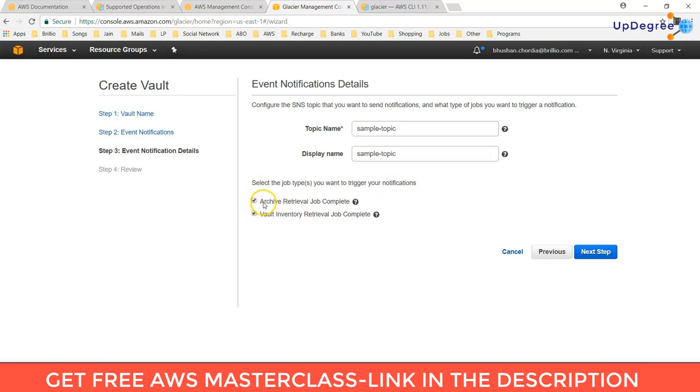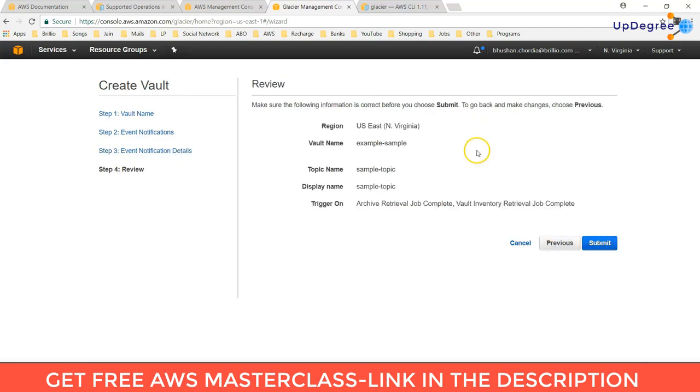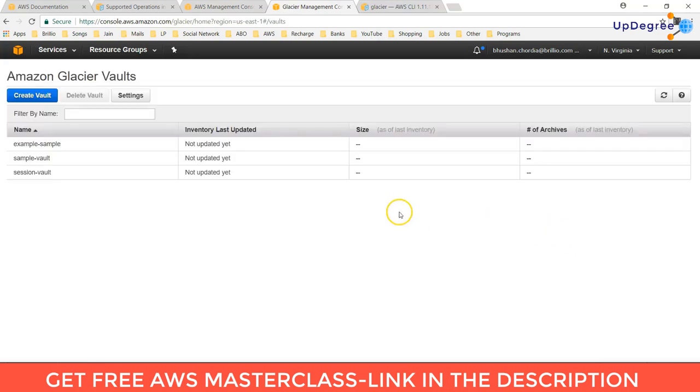So here I am selecting both the options: archive retrieval job complete, vault inventory retrieval job complete. Next step, here you can see the region which you selected, vault name, topic name, display name, and trigger on. Next. So right now you can see here example sample vault is created successfully.